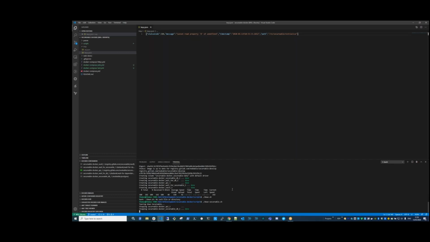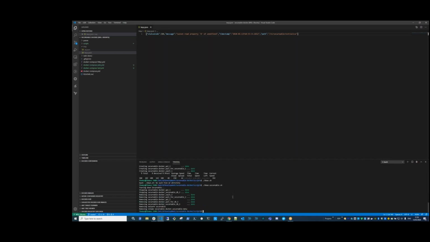I may have forgotten to clean up some things before I started this. So just bear with me whilst I reset this. Let's see if this works this time. It worked just before we got onto the call here.